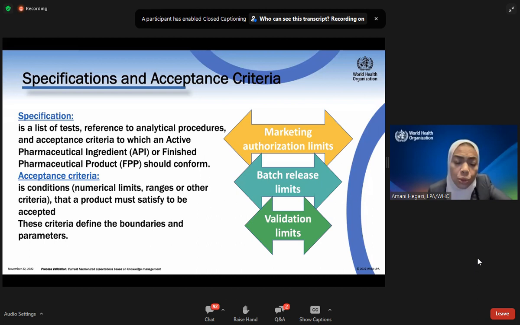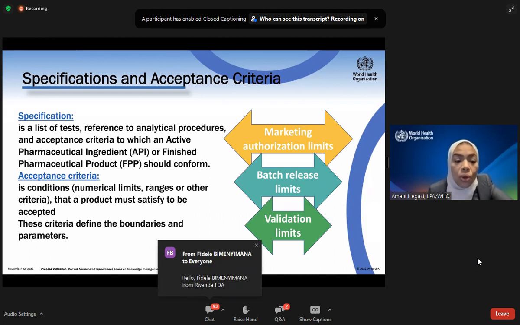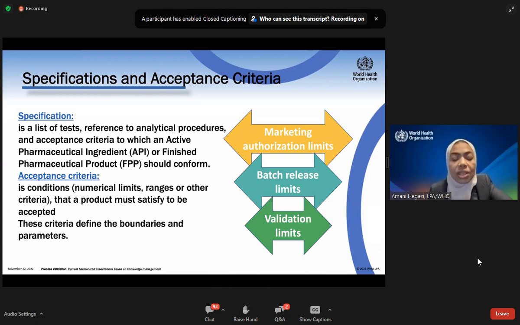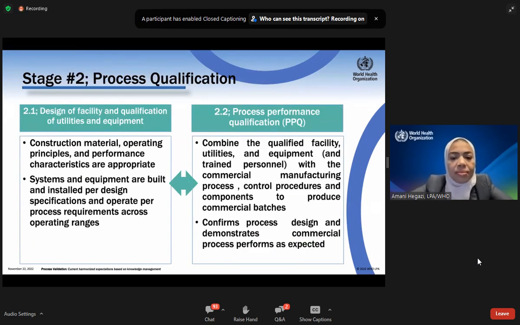And there are the acceptance criteria, which shall be defined. Those are the conditions, whether numerical limits, ranges, or other criteria, that a product must satisfy to be accepted. These criteria define the boundaries of different parameters. By defining the acceptance criteria, every variation source, the criticality of every variation source, and the design space with the normal operating ranges, those will be acceptable. We come up with the initial control strategy, and now we need to assess whether this control strategy is